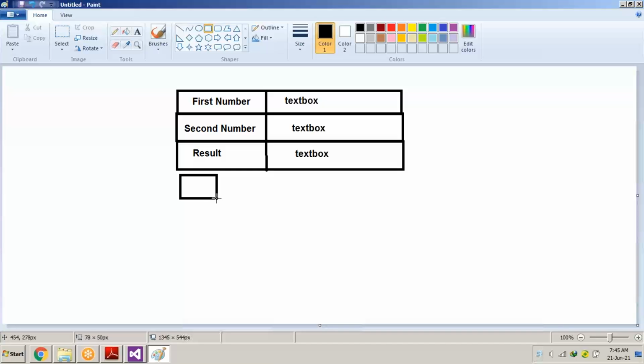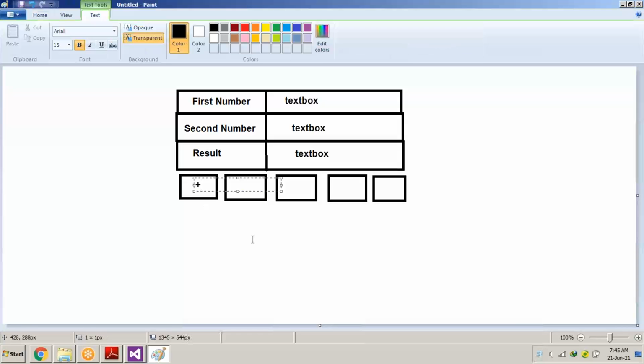1 button, 2 button, 5th button also. The button we will be using as plus. We will be using as minus. The third we will be using as into, meaning multiplication.